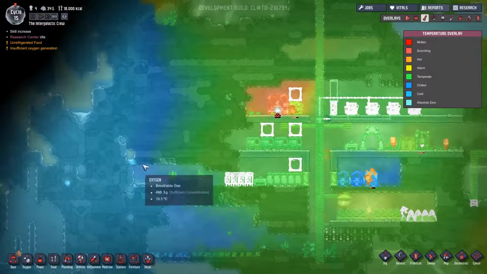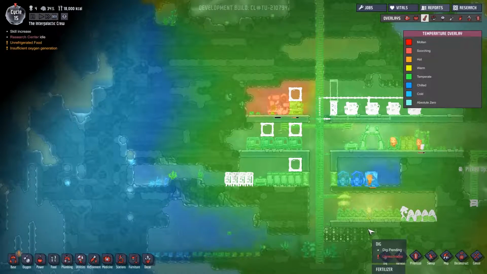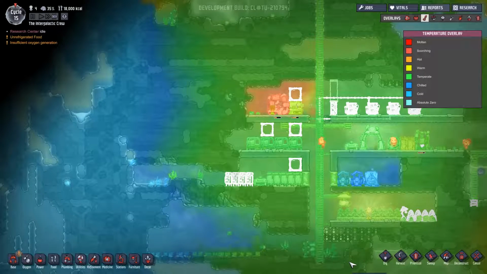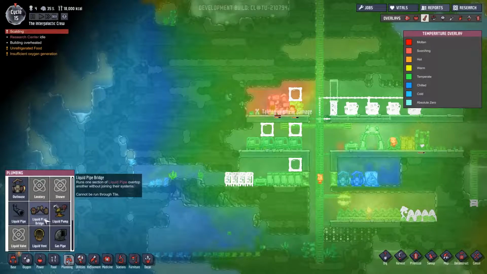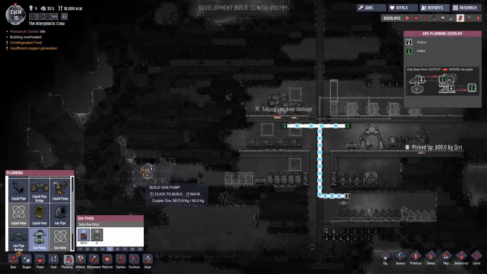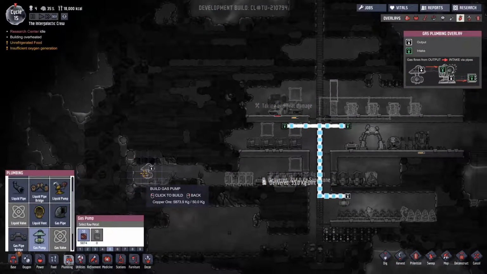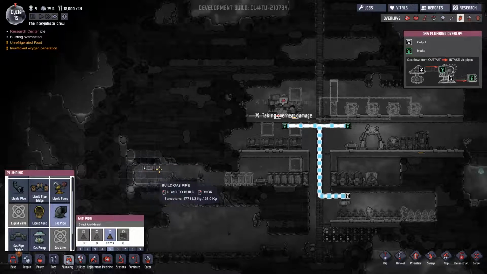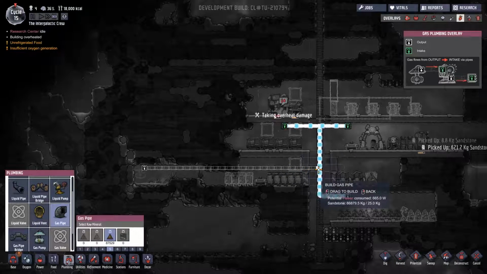We may be able to put in another piece over here to move all of that cold air out instead of using a thermoregulator. Let's try that. Yes, I understand that you're scalding. I will try to help. Actually, I need to see pressure. Pressure there is okay. We should be okay to put one of these in here. But that's going to mean a ton of gas piping. Actually...